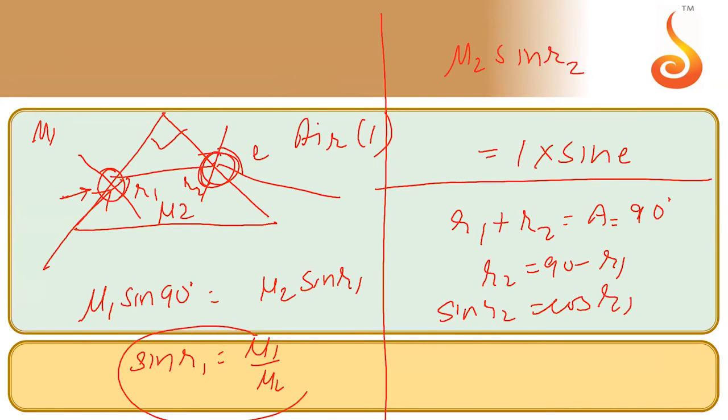Now from here, will you be able to figure out the cos R1 value, because you already know the sine R1 value? If you know cos R1, you also know the sine R2 value. Plug it back into the last expression and tell me which option is right. Your time starts now. Please be quick. Find out cos R1, then find out sine R2. Keep going. Your answer will come very shortly.